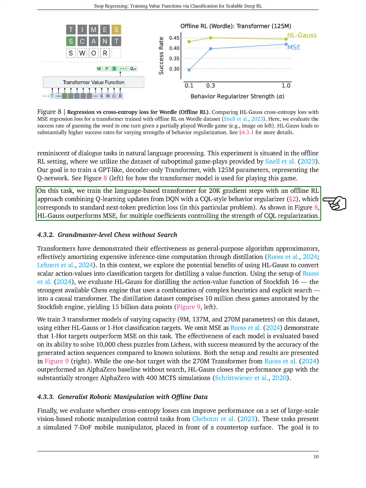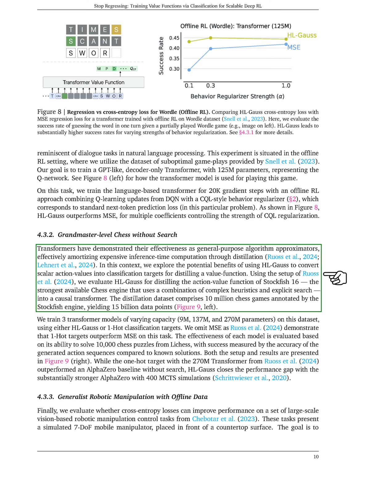Specifically, we explore the advantages of utilizing HL-Gauss to transform scalar action values into classification targets, which aids in distilling a value function. By employing the setup used in previous studies, we assess the effectiveness of HL-Gauss in distilling the action value function of Stockfish 16, the most powerful chess engine that combines intricate heuristics and explicit search, into a causal transformer. Our distillation dataset is extensive, consisting of 10 million chess games annotated by the Stockfish engine, resulting in